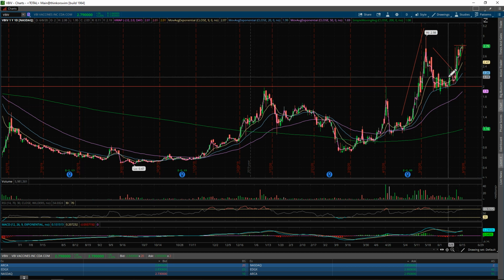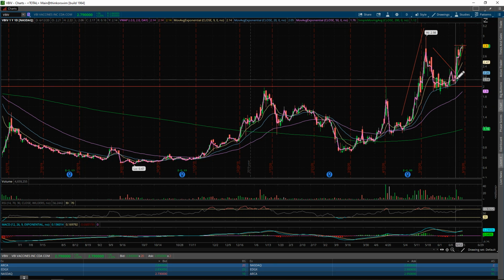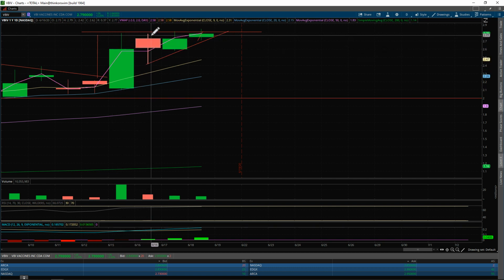That's exactly where I was in it at 219. Took profits the next day, and then I see this little curl in action, and I said, you know what? It confirmed support here. We entered again at 220, and then we sold it this day, right? On this big green candle. Let me zoom in. This is the confirmed support here, took profits here, and then it made this candle here